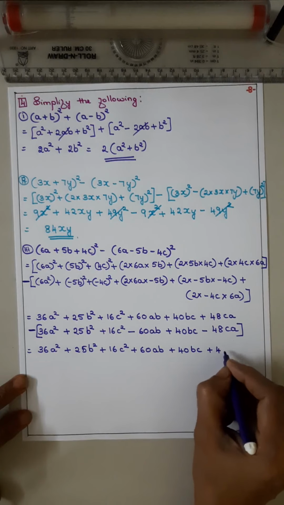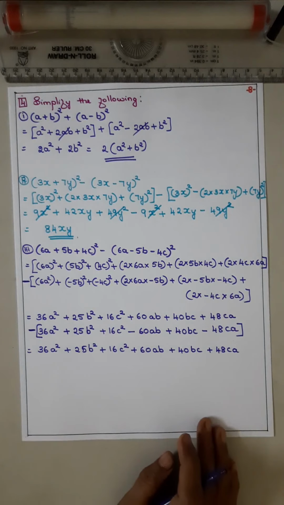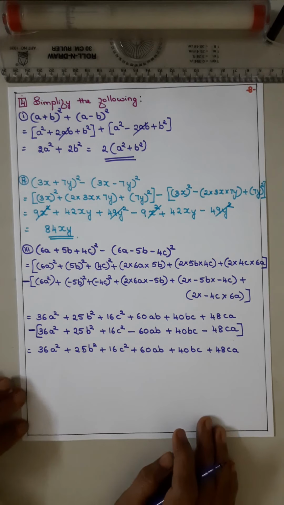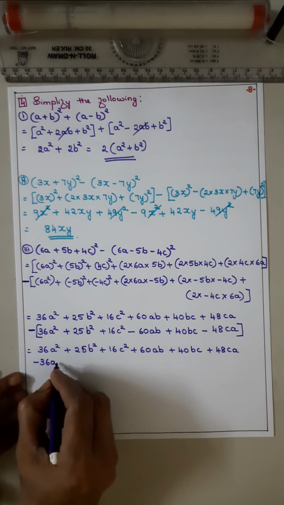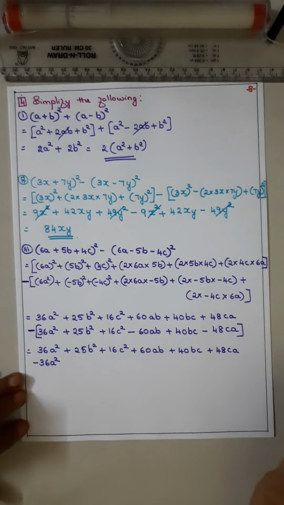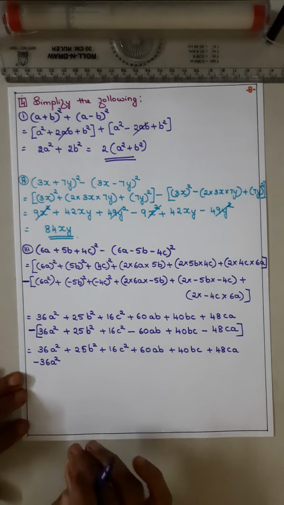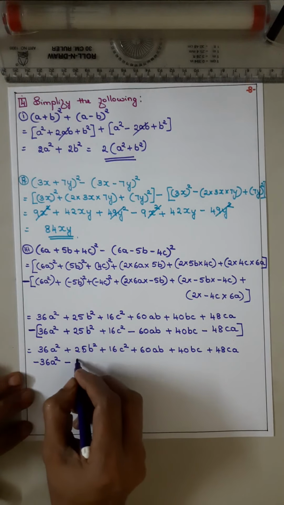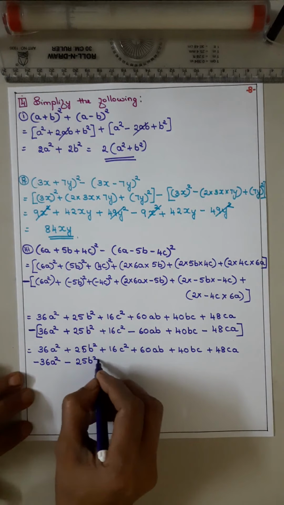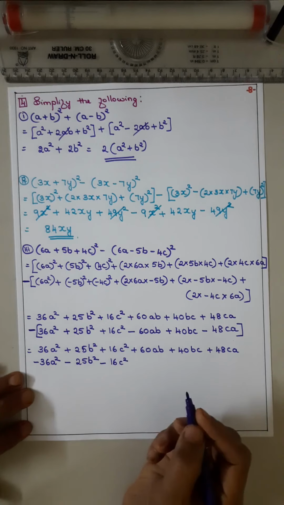प्लस 48ca. तो ये फर्स्ट का जैसा है वैसे ही लिखने का. अभी सेकेंड का साइन चेंज करो. माइनस प्लस माइनस 36a स्क्वायर. ऐसे ही बड़ा जब रहता है ना ऐसे वाला, उसके नीचे नीचे आने के वैसे ही लिखो. इट विल बी इजी फॉर यू. नाउ माइनस ऑफ प्लस माइनस 25b स्क्वायर माइनस ऑफ प्लस माइनस 16c स्क्वायर.